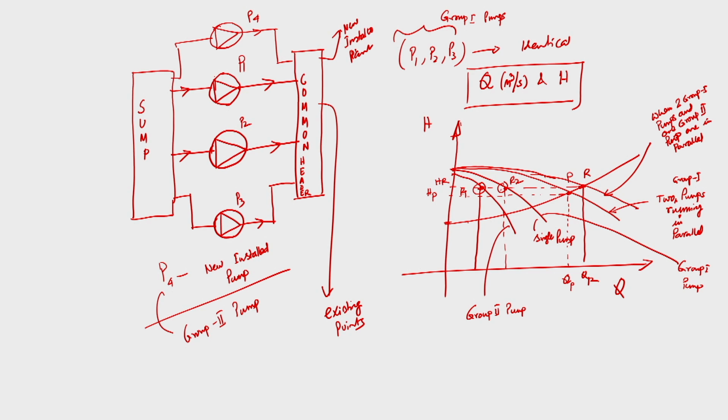It might so happen that the discharge corresponding to this point is so high that the power requirement, which depends on rho Q g into H, becomes high. Maybe the head is manageable, the head supplied by the pump is fine, but the discharge is so high that the input power requirement from the electric motor becomes high and